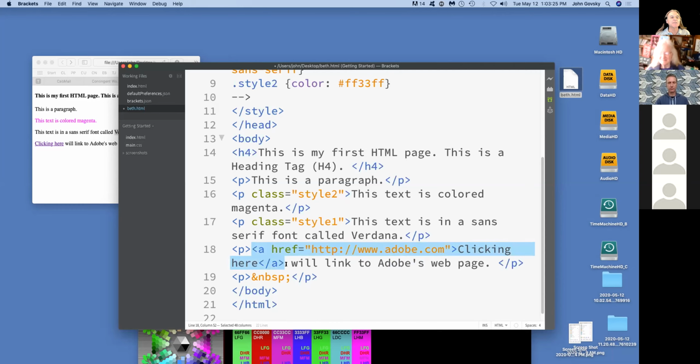So this is what we call an anchor. You see it starts with an A and it ends with a /A. You see the block of text that I have highlighted. An anchor is a name for a link in HTML, what's called a hypertext link, because it's anchoring the link to the page. And here, this is just a fancy way of saying that that is the address of the page. The hypertext reference is this URL, which is